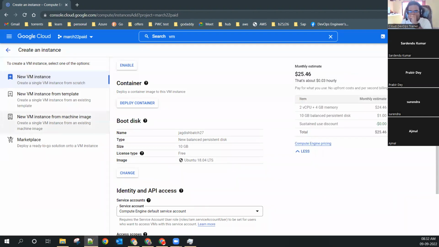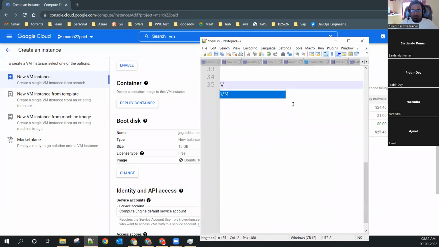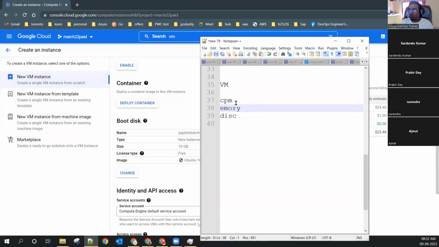Let me ask a very simple question: to create a virtual machine, what all things will be required? CPU, memory. Okay. What is next? CPU, memory, disk. Then image, the OS. Correct. What else? You want to access it, so you need the internet also in the machine. Yes or no?